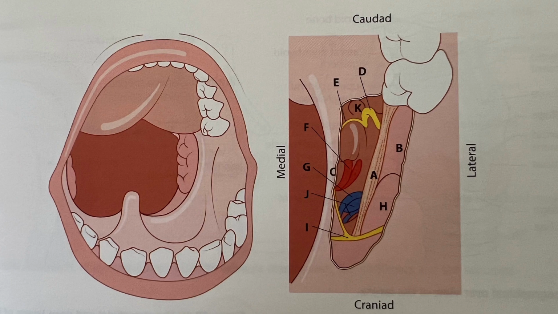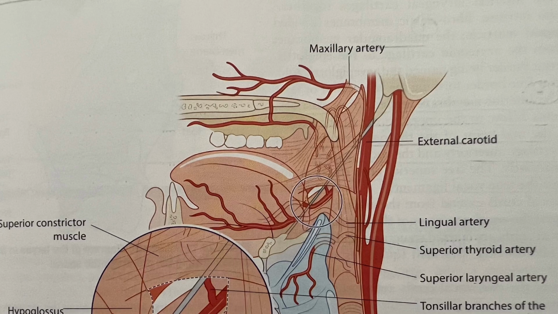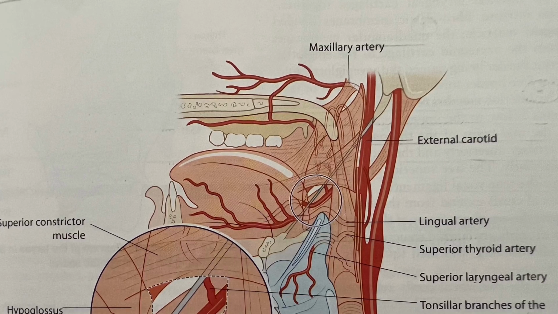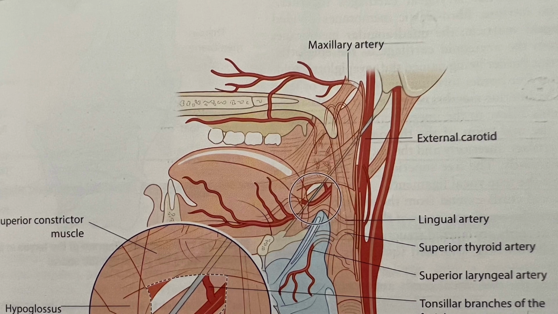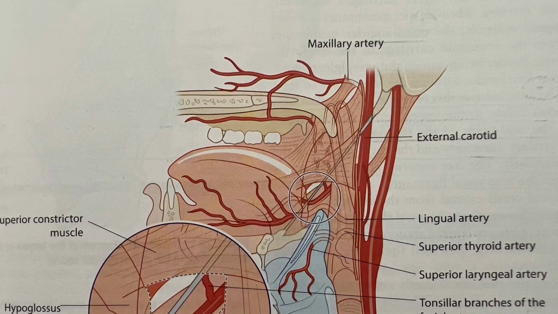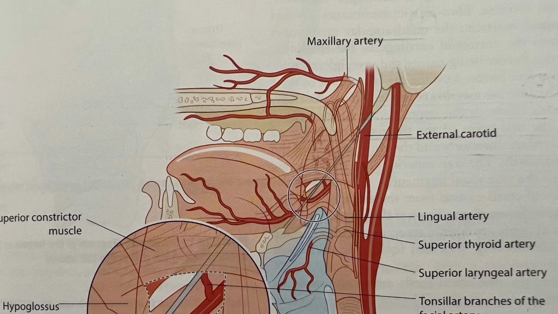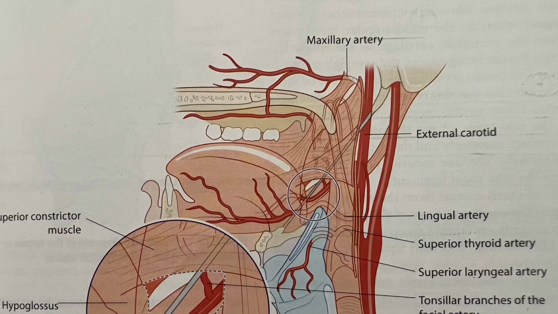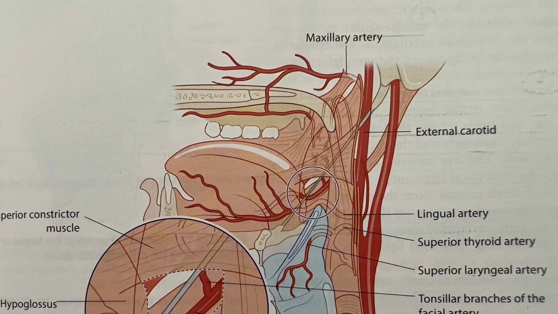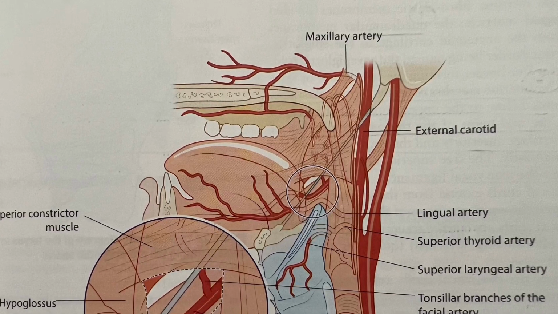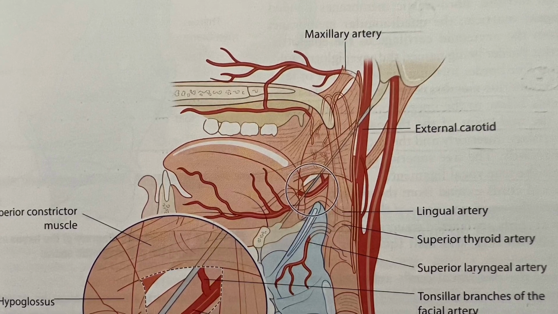The vascular supply of the lateral pharyngeal wall originates mainly from the external carotid. The upper part of the pharynx receives blood supply from the pharyngeal branch of the ascending pharyngeal artery and the descending branch of the lesser palatine artery. The lower part of the pharynx is supplied by the inferior thyroid artery and superior thyroid artery. The rest of the pharynx receives blood supply from the ascending palatine artery and tonsillar branch of the facial artery, as well as some branches from the maxillary artery.